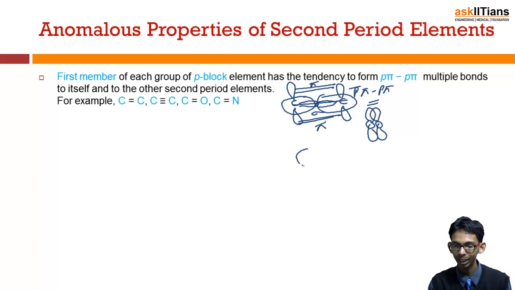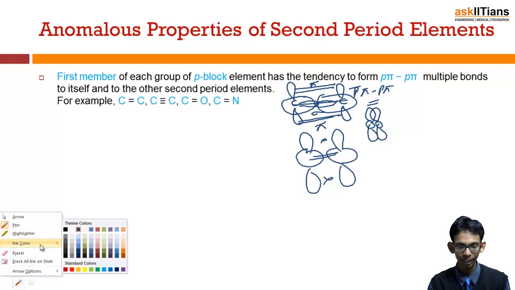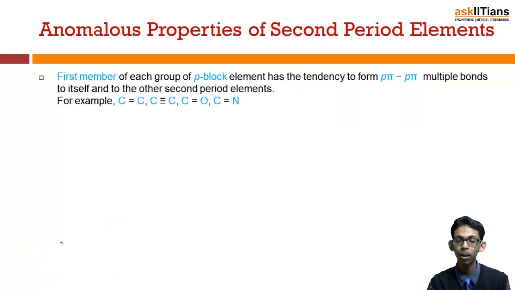Now if the size is large, the effective overlapping of the p orbitals is not possible, or is not so effective. So this p-pi multiple bond is more effective when the size of the atom is small, and because of this, these all have a tendency to form p-pi multiple bonds, and that is why the first members of groups